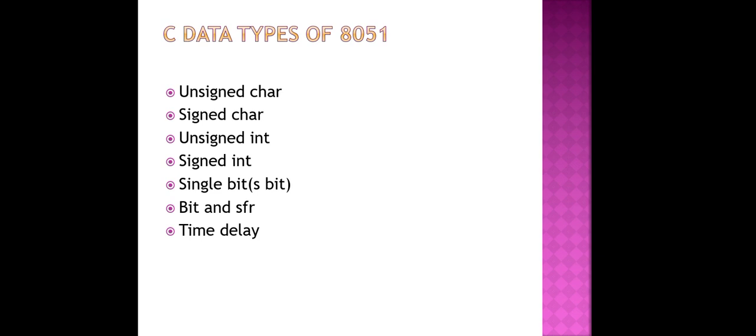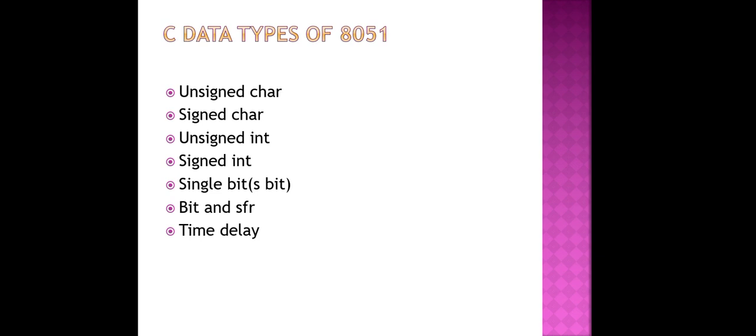Where there is no need for signed data, we should use the unsigned character instead of the signed character. C compilers use signed character by default if we do not put the keyword unsigned in front of the character. The unsigned character is also used as the data type for a string of ASCII characters, including extended values, in RAM locations. We will see a program using unsigned character in the next slide.